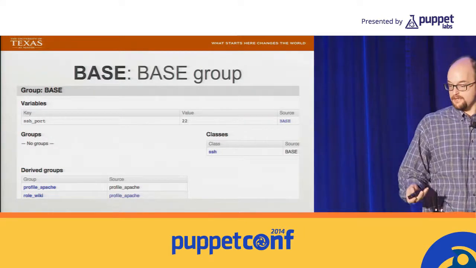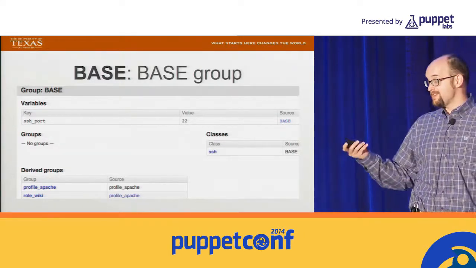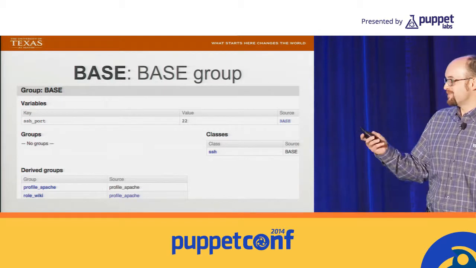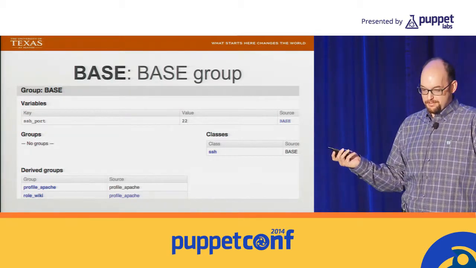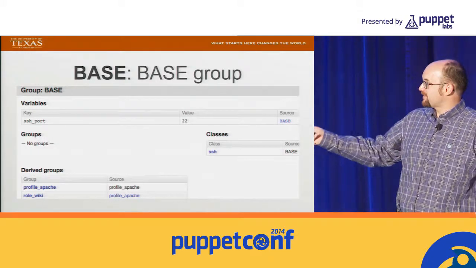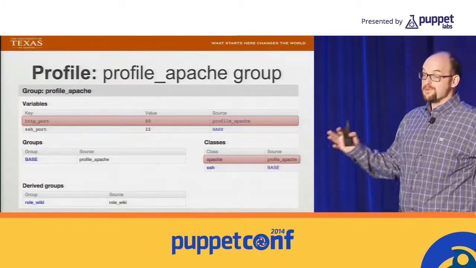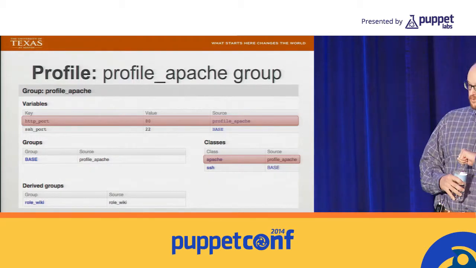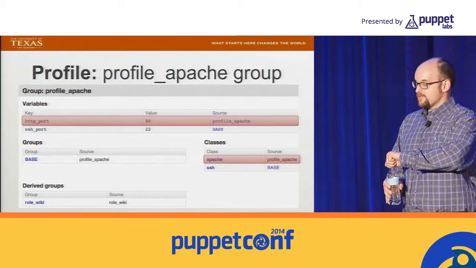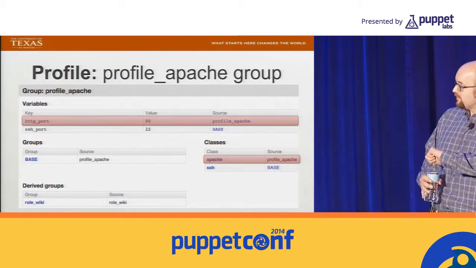But pretend, and this actually works, I did this when I made the slide, but I'm too chicken to do a live demo. So pretend I clicked on the profile underscore Apache at the bottom left. Click. All right, so now we're in the profile. So the profile group, which is named profile underscore Apache, per our naming scheme, I helpfully marked out the new